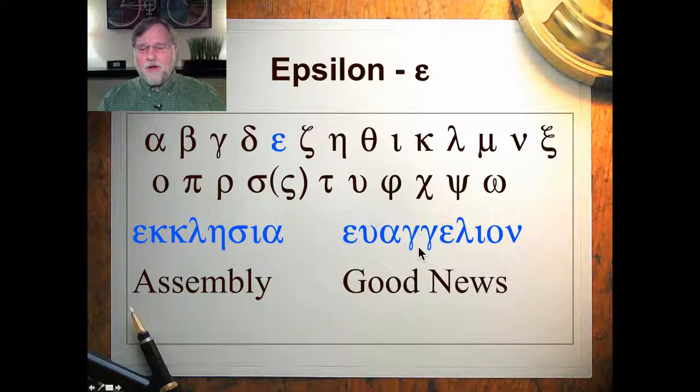And you notice there are two gammas there right in the middle of the word. So I'll remind you of this as we go along as many times as I need to. But anytime you have two gammas together like that, they're not pronounced as G's, they're pronounced as NG's. So that ng, euangelion is the word. So if you see two gammas together, it's not a G sound, it's an NG sound,